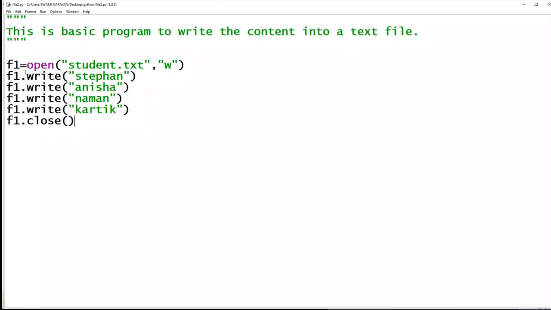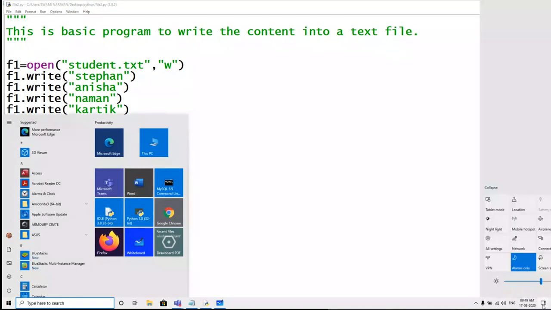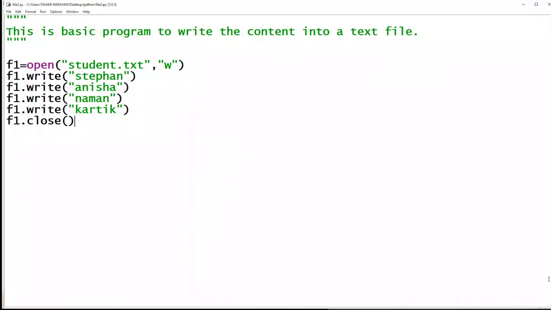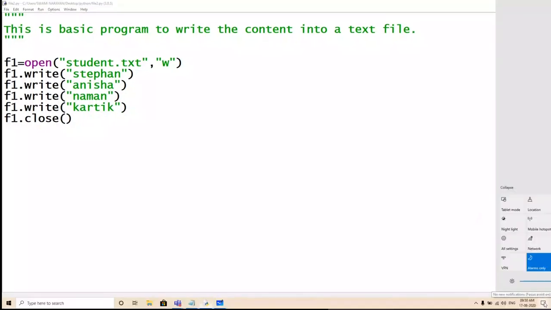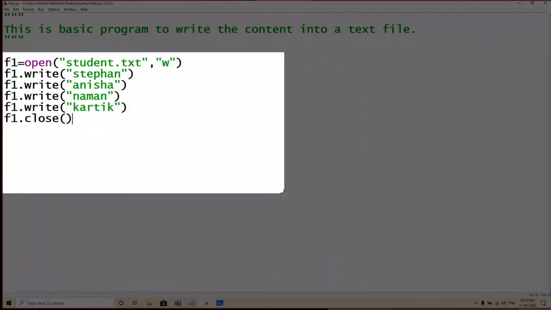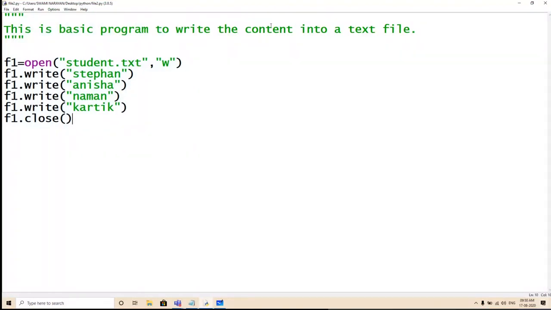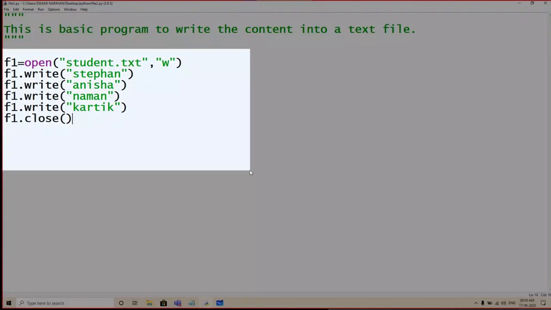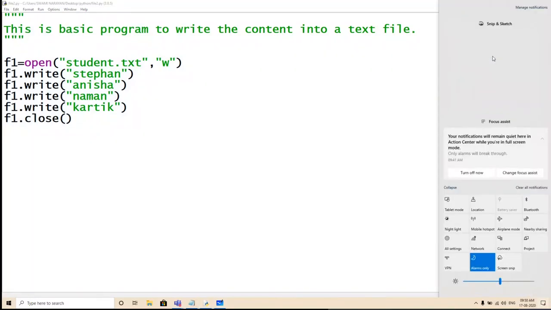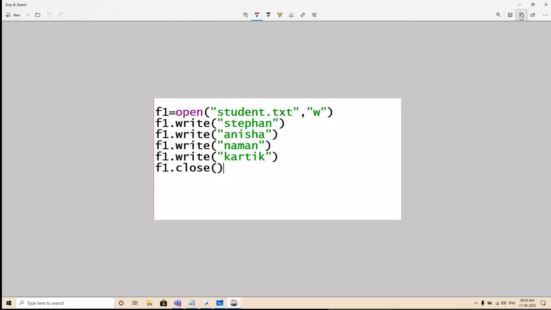Okay, let me take this into the whiteboard so that we can understand it properly. Just a minute, I'm taking a screenshot of this because for better understanding this is required. Okay, this is taken. Fine. Let me save it.